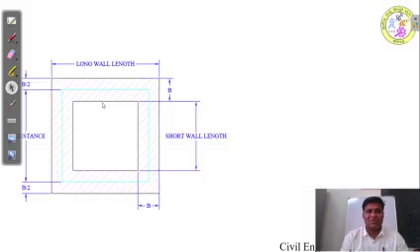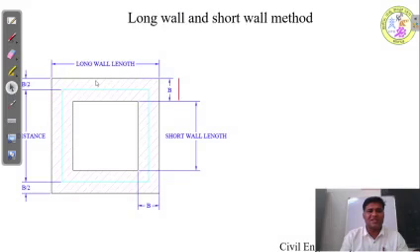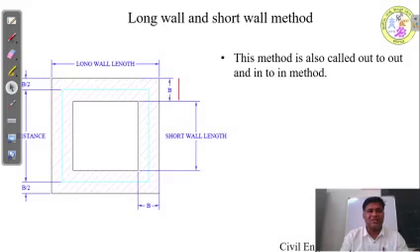So what is the long wall and short wall method? This is a method which is used for calculating the quantities of a building. In this slide you are going to see a one room plan. It may be a plan of excavation layout or it may be a plan of masonry layout. This is the width of the masonry or excavation, and we have to consider the long wall along the x direction or y direction. Here I have taken the long wall in the x direction.